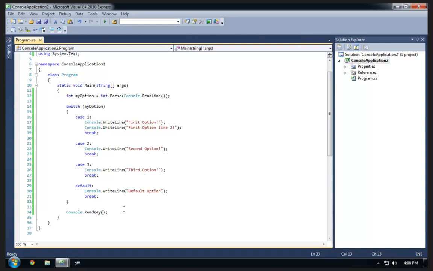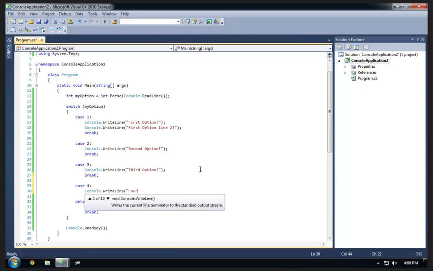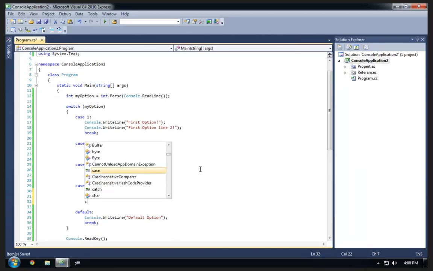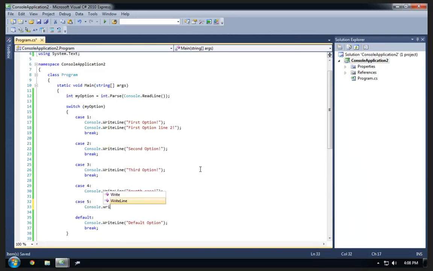This can wait till you're done explaining to the others, but can you skip cases? Like case 1, skip to case 70? No. You cannot. I can't say go to case 3 instead of a case statement. However, I can do something called following through. If I were to say something like this, case 4, Console.WriteLine fourth case, and then I could say case 5, Console.WriteLine fifth case, because I did not have a